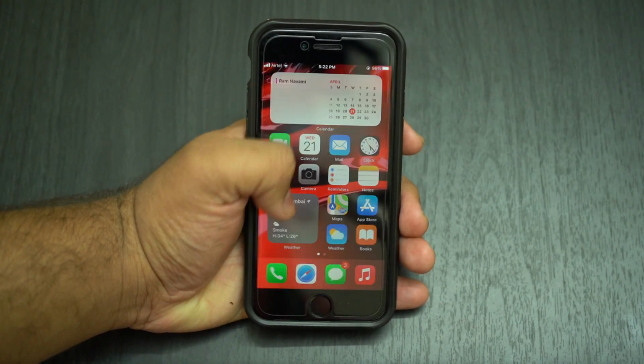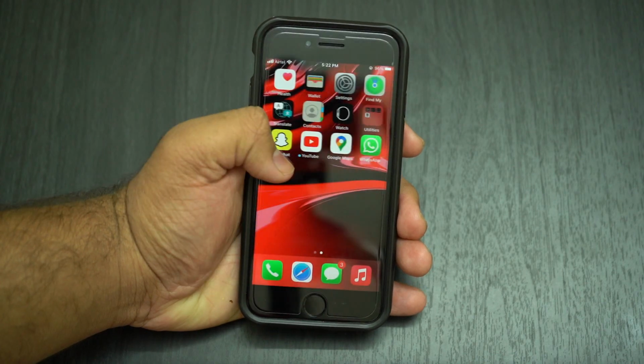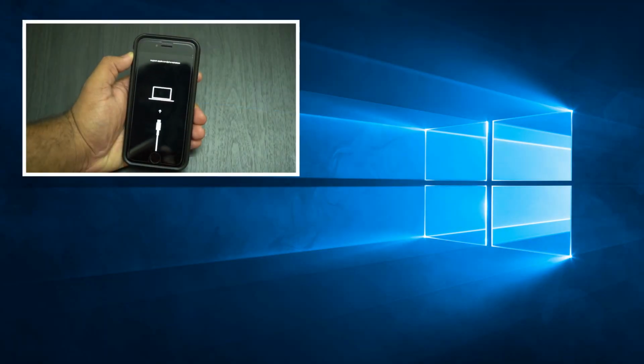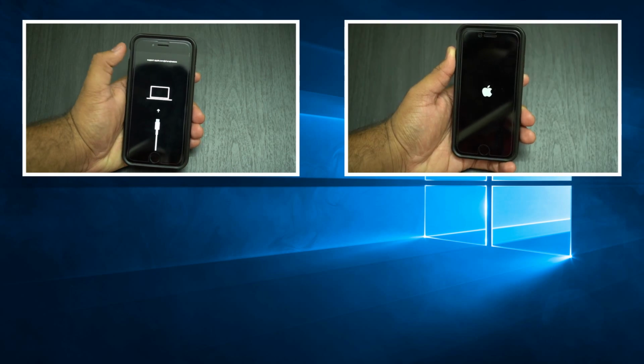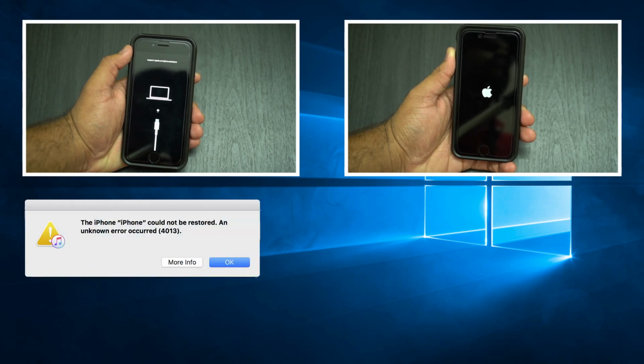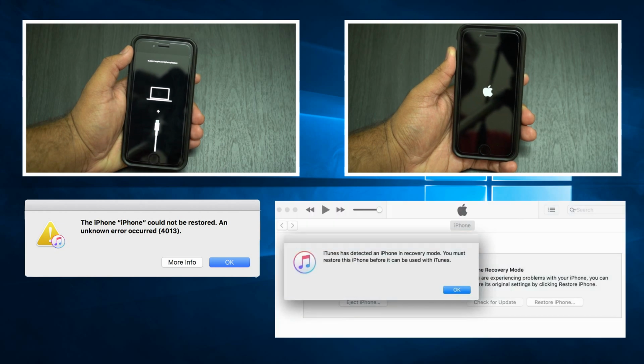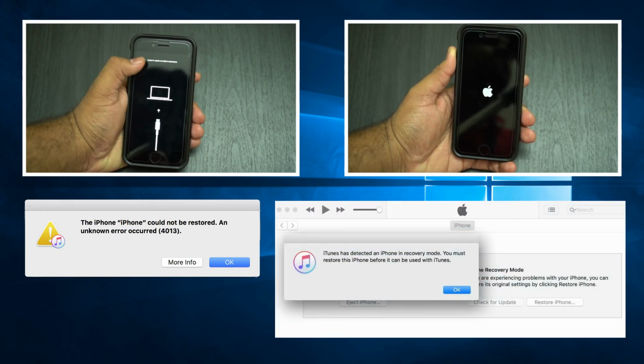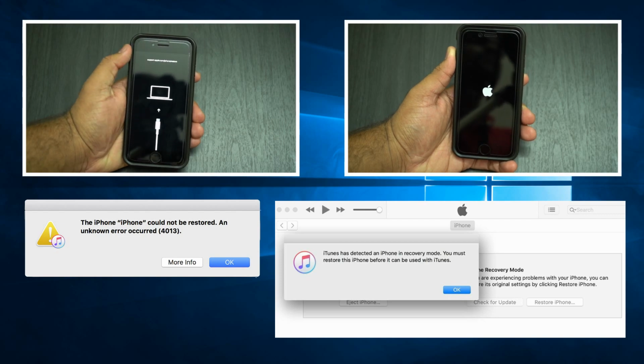If you are an iPhone user, there may be times when you have faced some software related issues, like the phone stuck in recovery mode with the Connect to PC logo, or the phone stuck on the Apple logo after an update, or a boot loop resulting in the phone not being able to boot up. And when you connect your phone to PC, iTunes shows error 4013 or a similar kind of error. And the only solution to boot up your phone is to restore it, which results in loss of data.